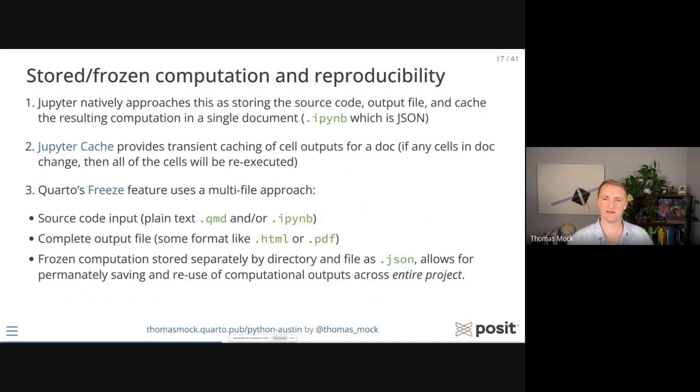Quarto takes a slightly different approach, which is called Quarto Freeze. This is intentionally a multi-file approach. You have your source code that can go into version control as plain text, QMD, or of course it could still be a Jupyter Notebook, but that's just the source, right? Like that's how you execute the code. Then you generate an output file, could be HTML or PDF or whatever other format you're creating. And then you have a freeze directory that is the